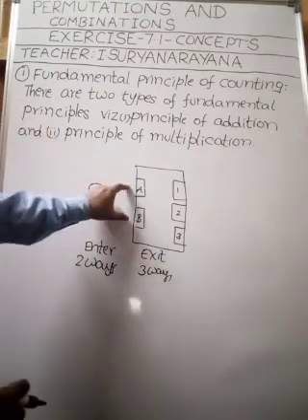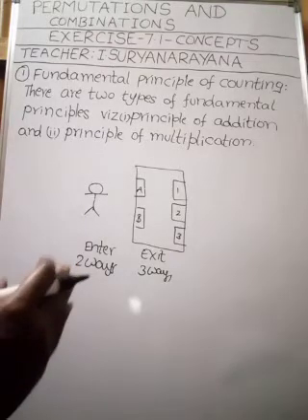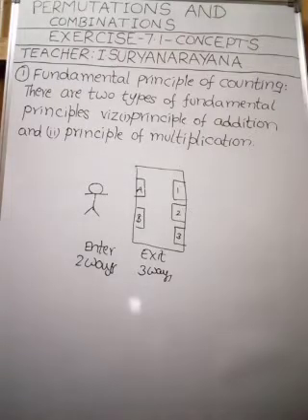These are entrance, these are exit. Okay, my dear children. So, finally, in how many ways can he do these two jobs, enter the room and exit the room? In how many ways can he do this? 6 ways,